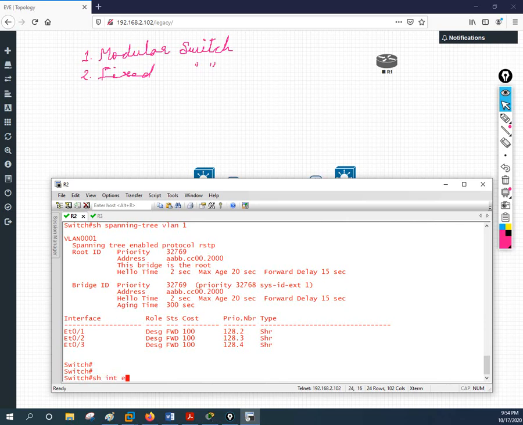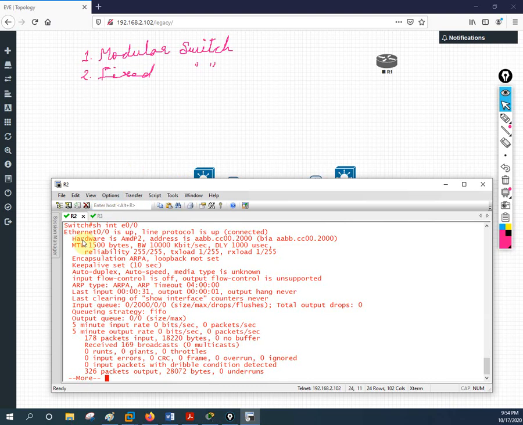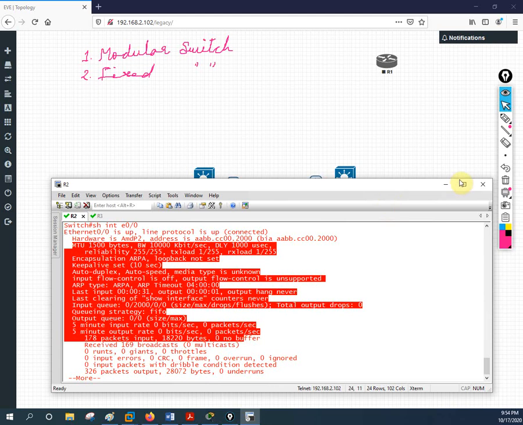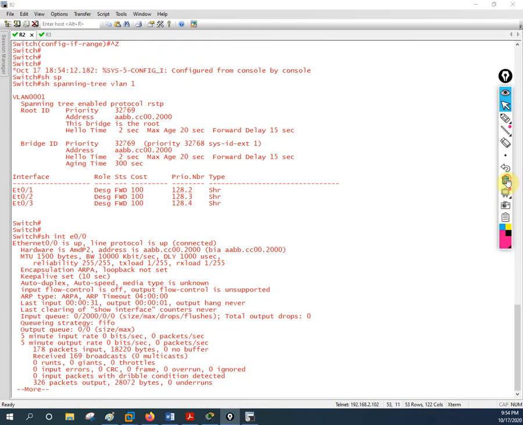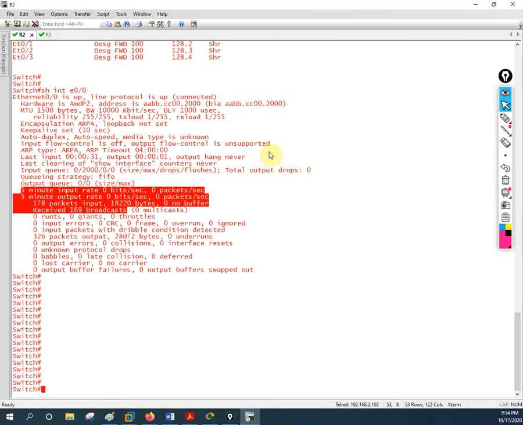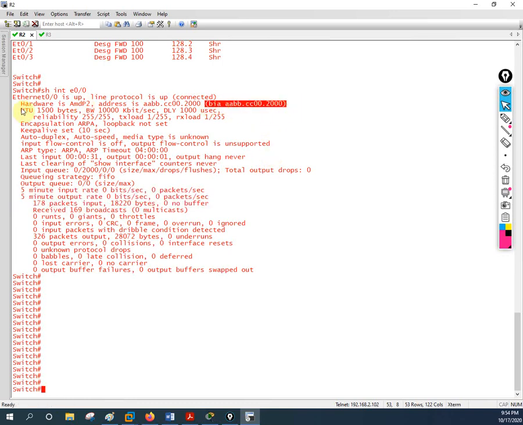If you want to check, we can also check this way: show interface e0/0. Here this is the MTU. In this we will have half duplex, full duplex, all the details about the interface, but it is not necessary to see now. When we do the labs, at that time we are going to look at it. Let me show you what else we can see here. This one has the MAC address of this port, and this is MTU, bandwidth, delay. When we are doing OSPF, at that time we use this, and this is a keepalive message every 10 seconds. Later we are going to look at this more slowly and discuss more things here.